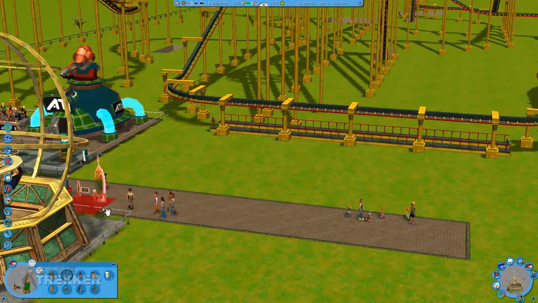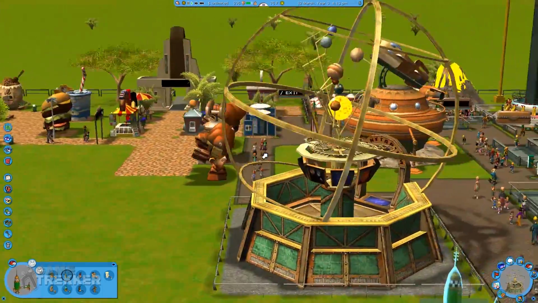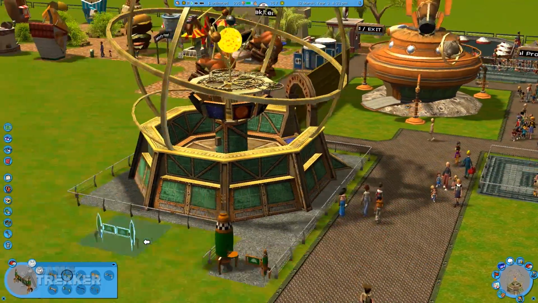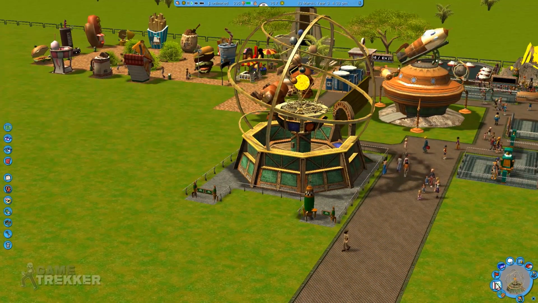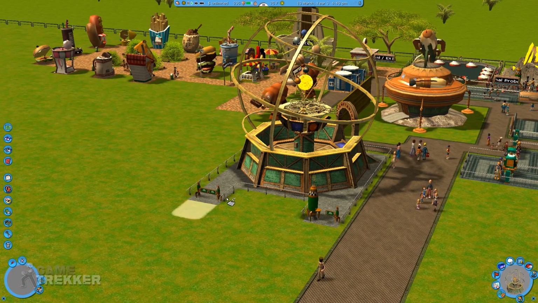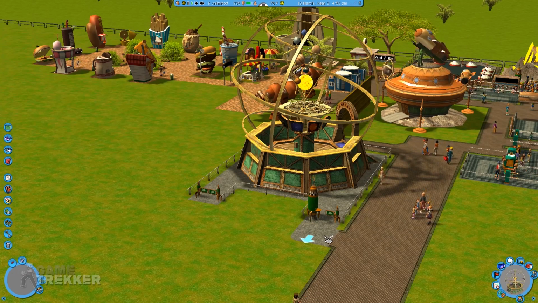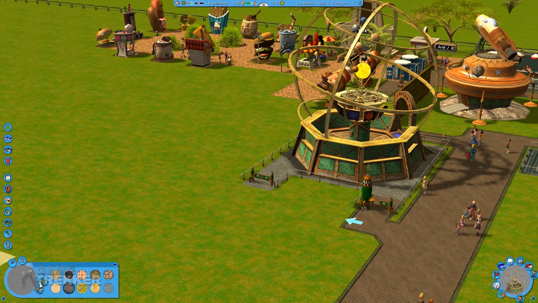Anyway, I better build the... oh, I'll put the queues in here as well. The exit I will put here. No, I can't do that. I'll put the entrance there. The reason being is your exit you can do quite quickly by just getting the path out and just doing that. Better get the right kind of path there so it matches my theme. There we go. And then if I get the queue path,